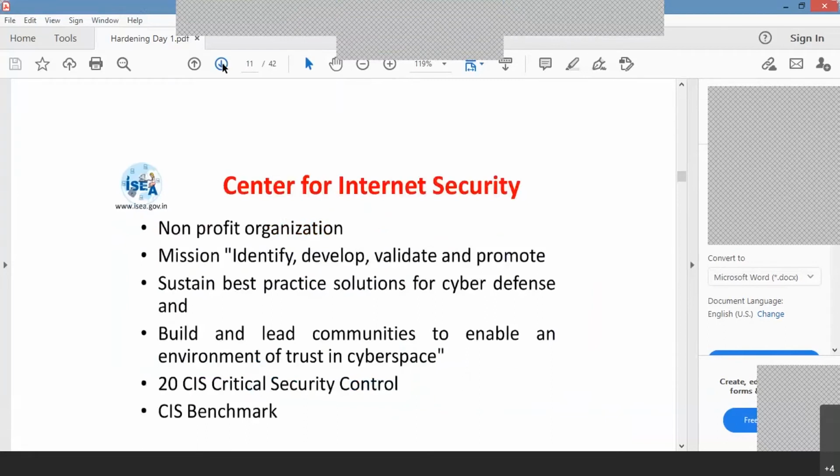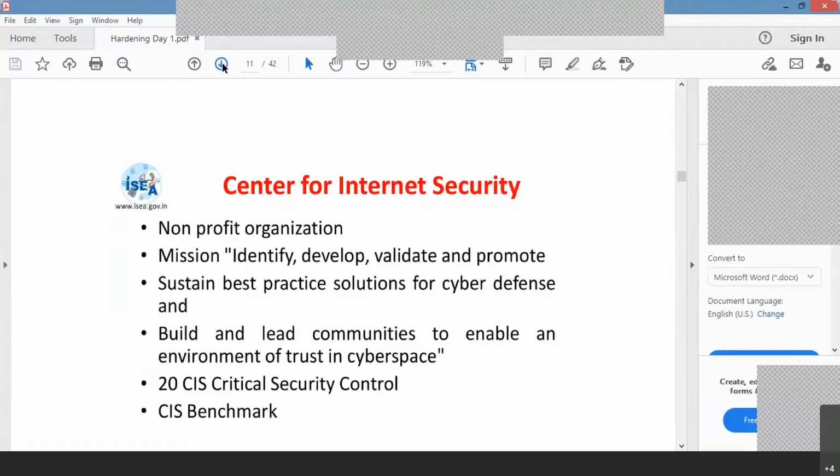CIS is a non-profit organization. Their mission is to identify, develop, and validate security standards, and it is a best practice solution for cyber defense and cyber security audits, etc. Their aim is to build trust in cyberspace. If we harden our PC, there is no chance of attacks. So how do we harden? What options do we have to enable? What options do we have to disable? What kind of things do we have to do? If something is disabled, what kind of vulnerabilities are expected?